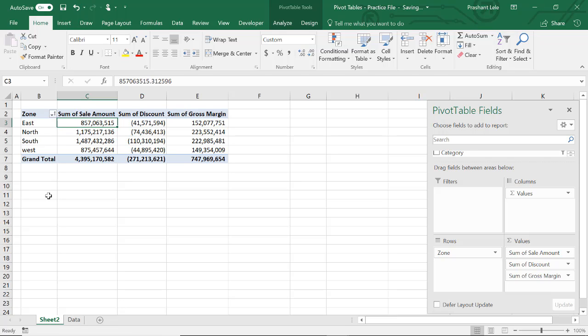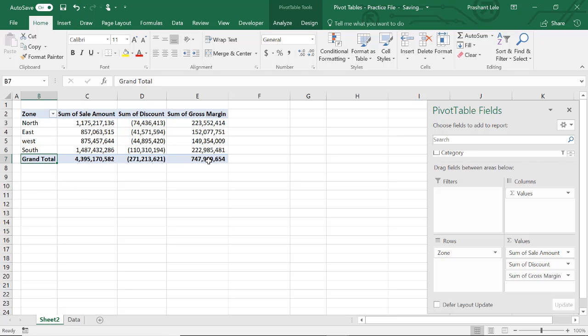If you want to do manual sorting, then you can just go here. Suppose you want to arrange this in NEWS format, like north, east, west, south. You can just go to the border and a special cursor comes, with four-way arrows. You just drag it and drop it. North, east, west. You just drag the west above south. Now it came in NEWS fashion: north, east, west, south. This is called manual sorting, as opposed to automatic sorting.